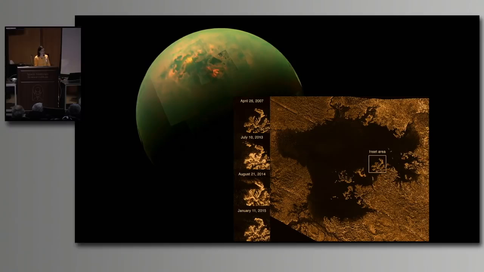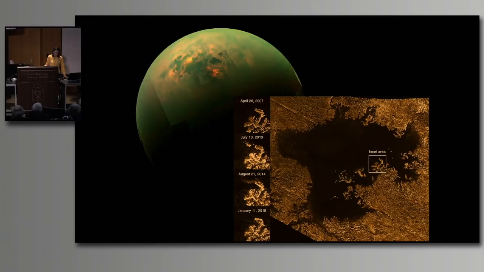And this is why Titan is such an extraordinary laboratory to study the conditions that could have given rise to life on Earth. And if there is an ocean beneath the surface of Titan, it's possible that it could harbor life today that could survive thanks to the transfer of chemical compounds and heat between the ocean and the surface.